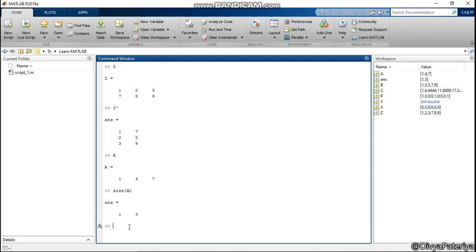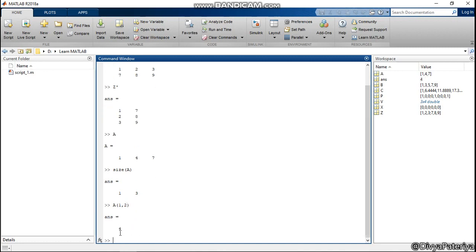Suppose I want to extract any element of variable A. Suppose I want to extract 4 from my variable A. So what I will do is write A in brackets, then 1 row because A only has 1 row, and second column element. If I enter, I will have 4, and the position of 4 is 1 row, 2nd column. So in this way we can extract the elements of any matrix we want. I will just clear the workspace and then we'll see how we can extract more values.